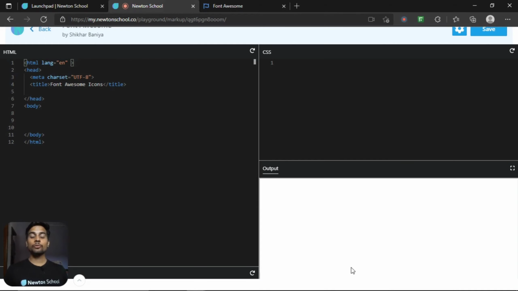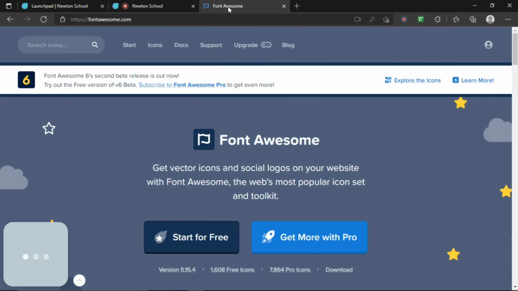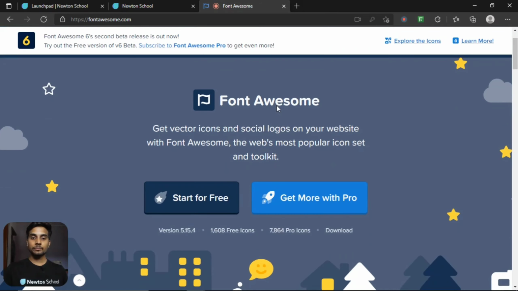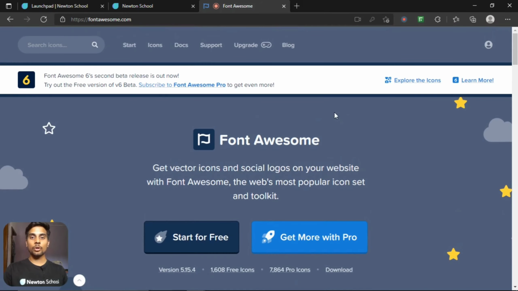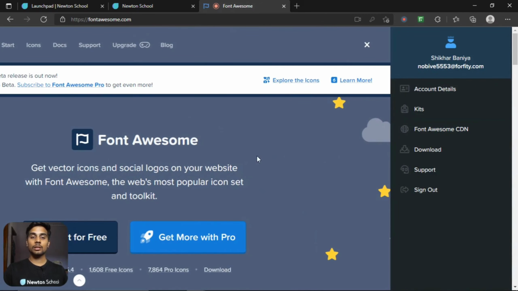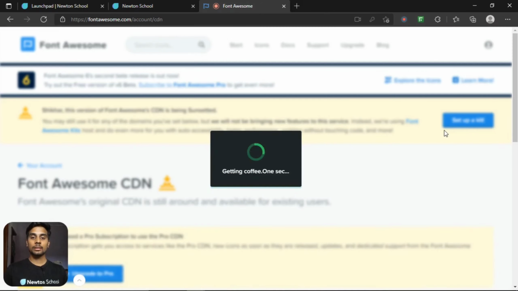So let's include the Font Awesome CDN in your HTML. Let's go to the Font Awesome website. So this is the website of Font Awesome. You have to first sign in on this website. I have already signed in, and then you want to go to Font Awesome CDN. Click on it.